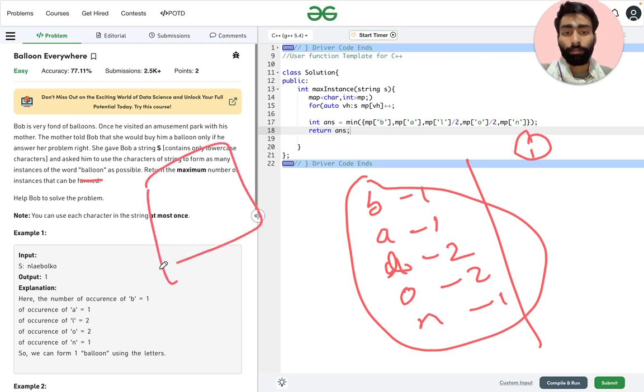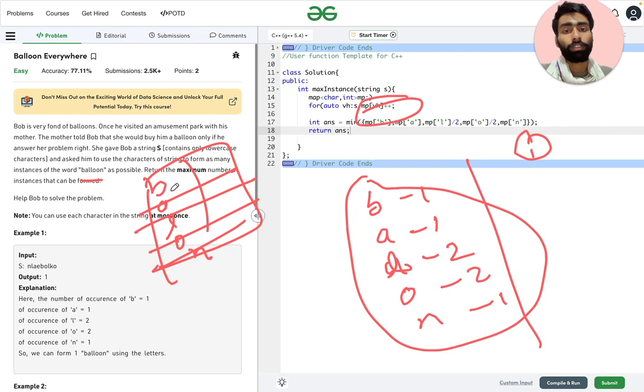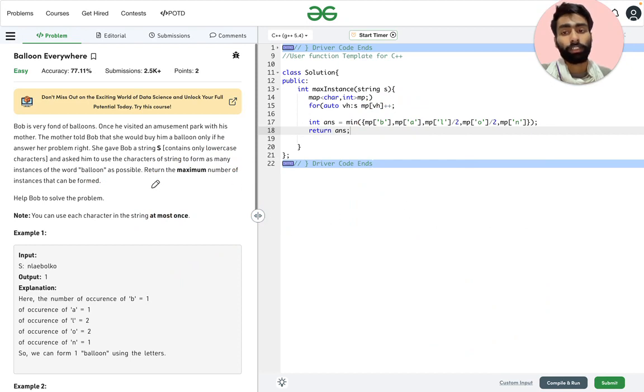Let us say there exist B, A, L, O, N. In that set, let us say the count is 2 here, 3 here, 6 here, 2 here, and 1 here. In this case, we are looking at the minimum occurrence of these unique characters.